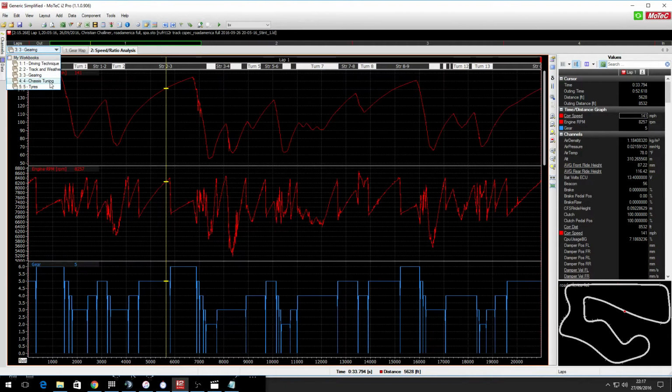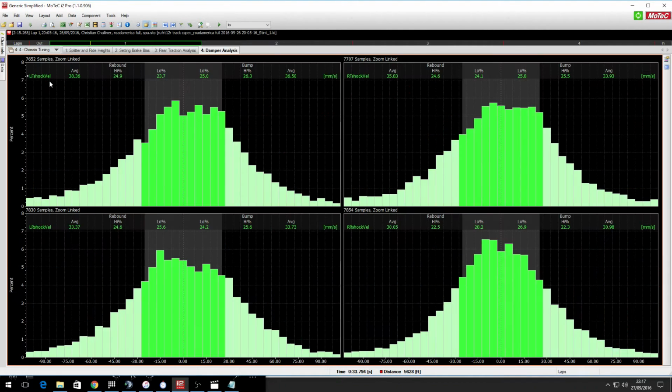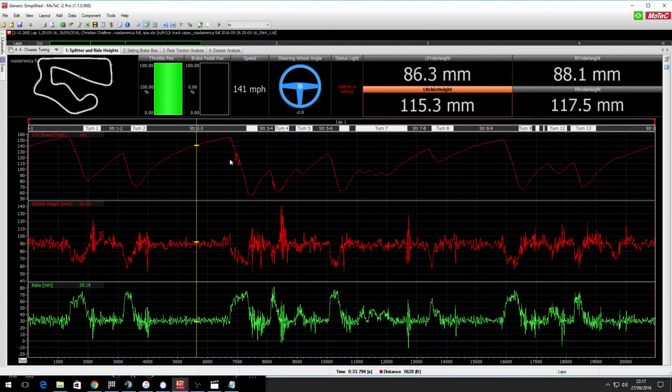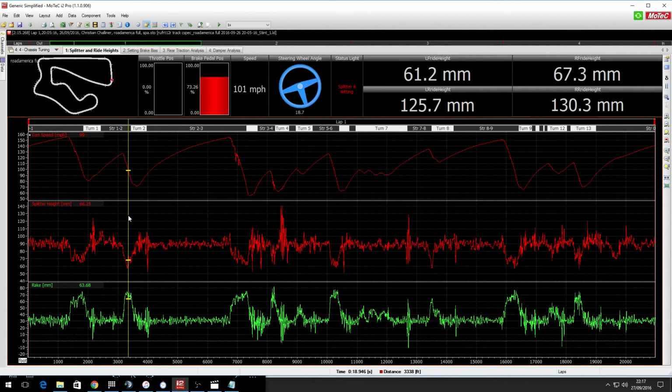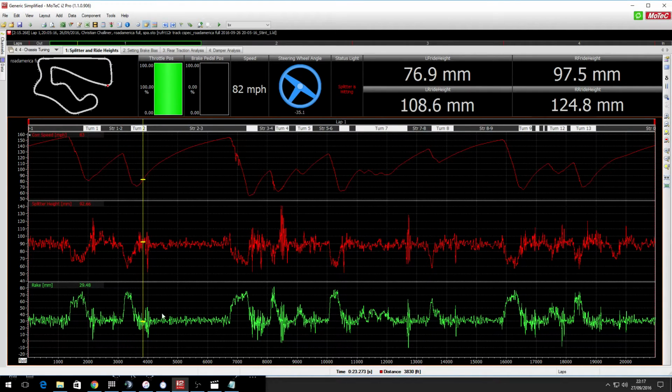So now if we just take a look at the last major thing, which is going to be the chassis tuning, splitter and ride heights page. Basically what we've got here is corrected speed again, because I always put corrected speed on every chart because I think it's the most useful. We've got splitter height and we've got rake, and at the top here we've got all the ride heights from around the car,